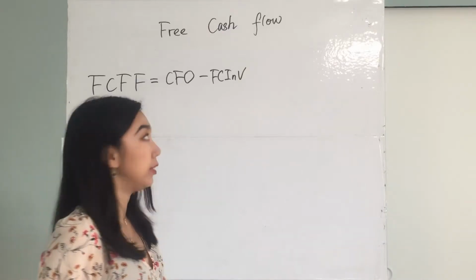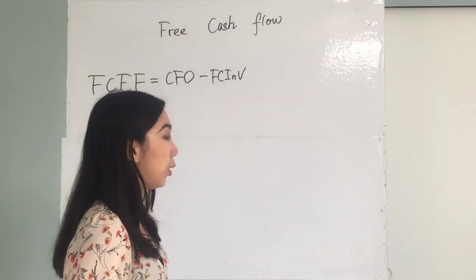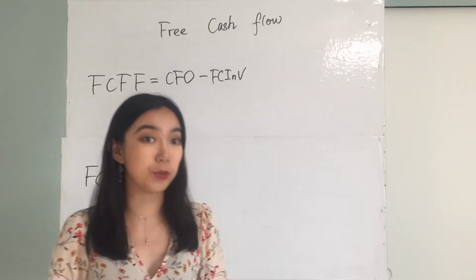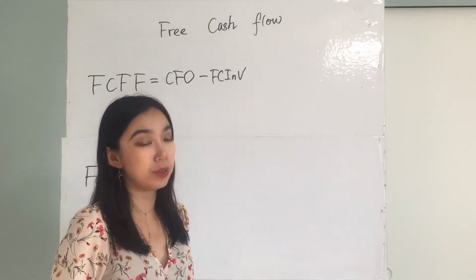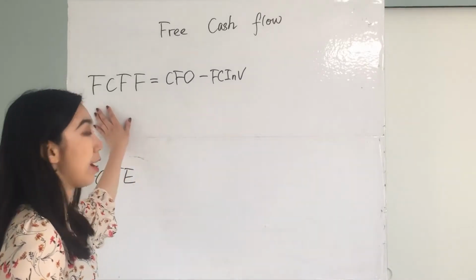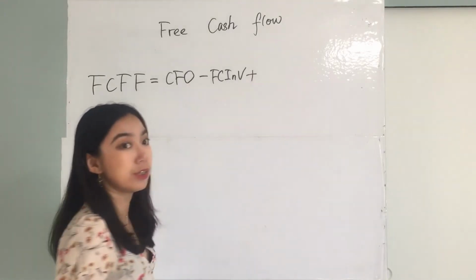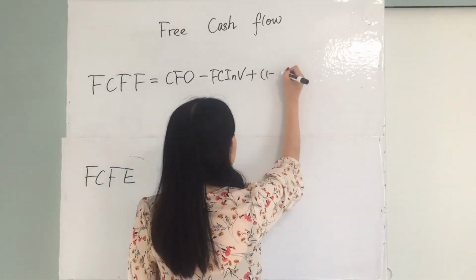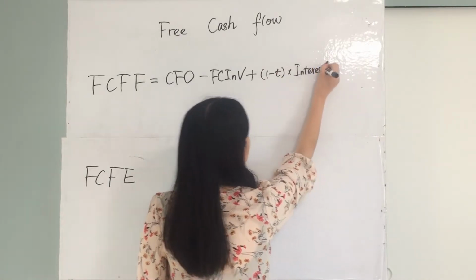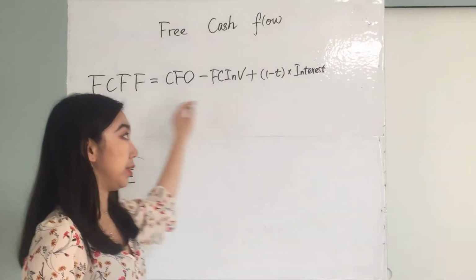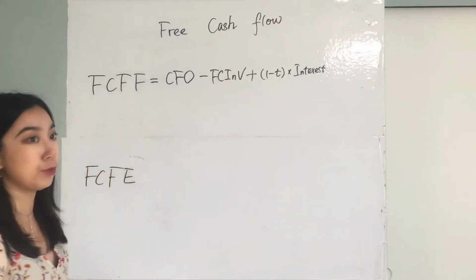And as we said, the free cash flow to the firm consists of the cash flows for the stockholders as well as the bondholders. So the interest paid to the bondholders is also a part of the free cash for the bondholders. So we should add it back, which is the after-tax interest income for the bondholders. Of course, for the company it is the interest expense. And we can rewrite the free cash flow to the firm